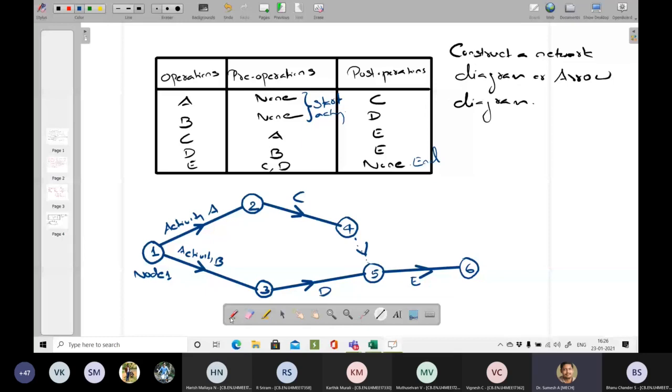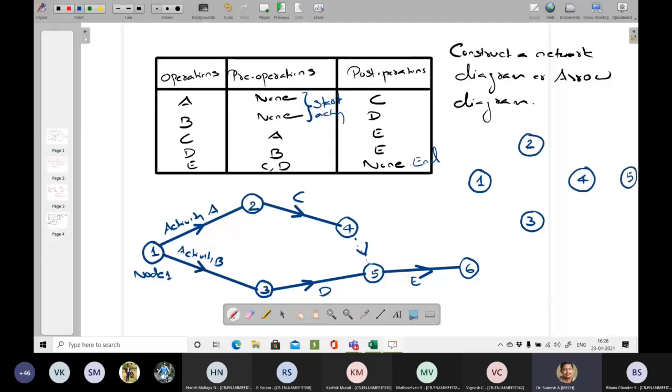The next option I am drawing here. My start is node 1, then I go to node 2, I have node 3 over here, and I join to node 4, then I have node 5.